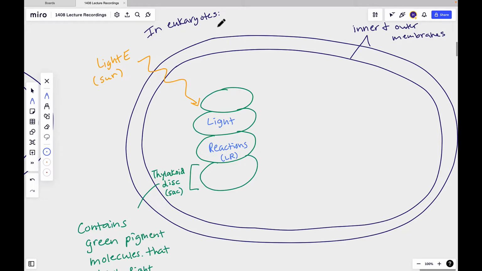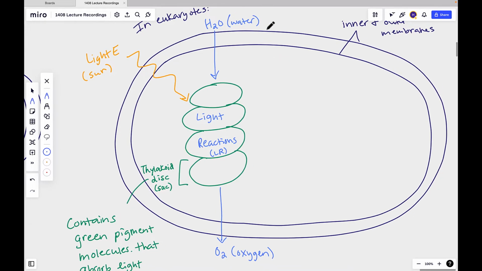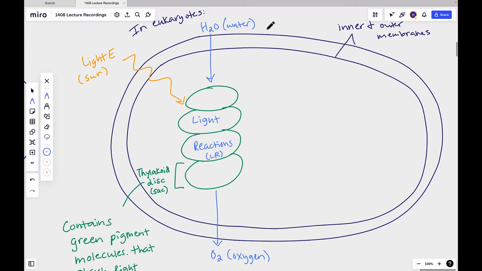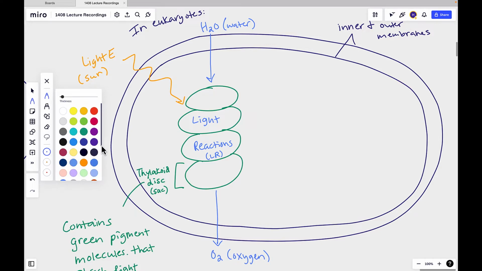What else goes into the light reactions? Well, we have water coming into the light reactions, and the water is eventually converted to oxygen and released from the chloroplast. Interestingly, we often think oxygen, that's why photosynthesis happens, to make oxygen. Actually, oxygen is just a byproduct of it. The real purpose of photosynthesis is to make a carbon compound, as we mentioned in the very beginning of the video. So that's not actually this process here. We are making in this process products to help run the carbon making process,